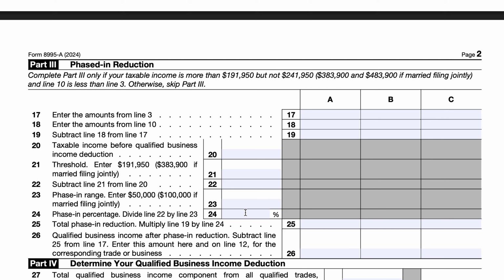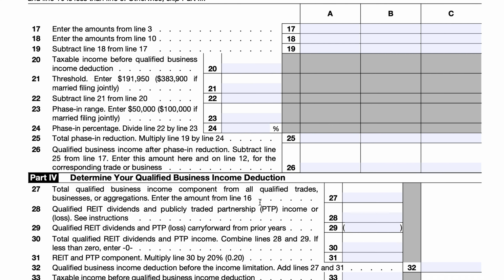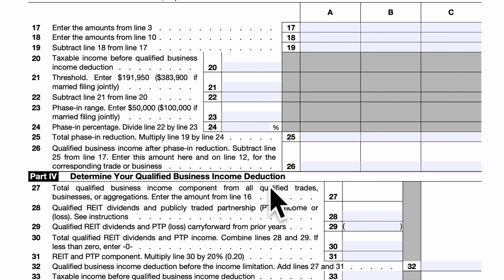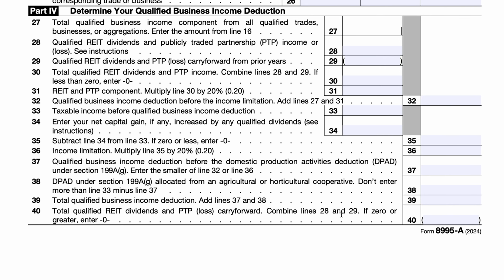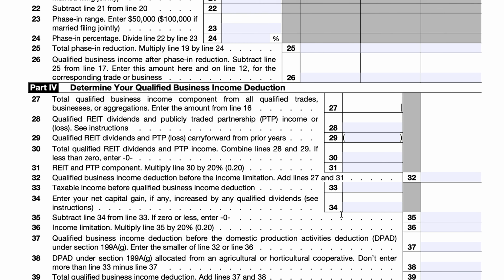I will circle back to part 3 because that is important to go over, but I'm not going to do it right now. I'm simply going to take the $40,000 figure, and we're going to work through the rest of this just to get a better understanding of how the QBI deduction is calculated from the actual QBI component. So we enter the line 16 amount on line 27, and we're going to complete the rest of the